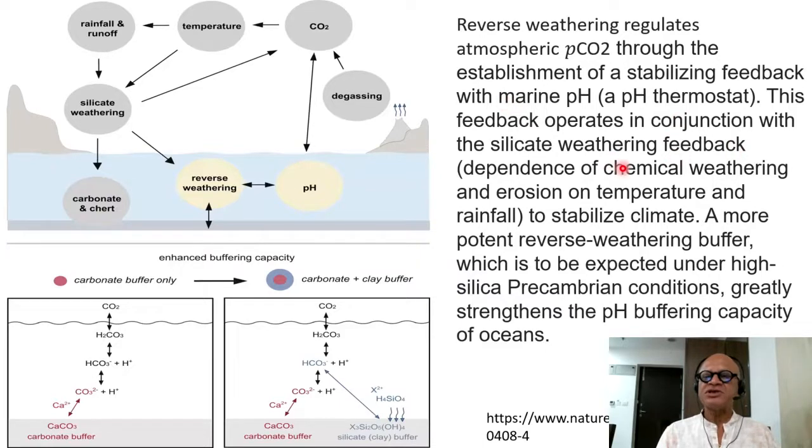This feedback operates in conjunction with the silicate weathering feedback that we've been looking at, the dependence of chemical weathering and erosion on temperature and rainfall, as we know. This will stabilize climate on longer time scales, which is what we are trying to learn. A more potent reverse weathering buffer, which is expected under high silica Precambrian conditions, greatly strengthens the pH buffering capacity of the ocean. So that's from this paper, but basically it's telling you that the buffering ability of the system